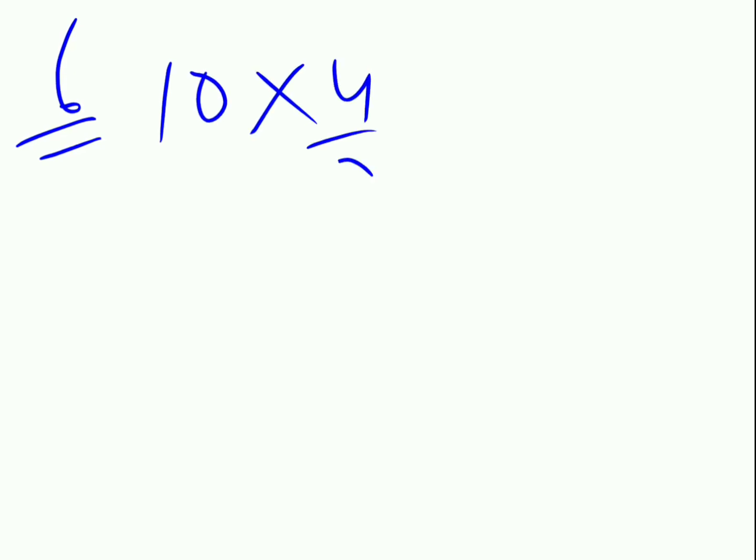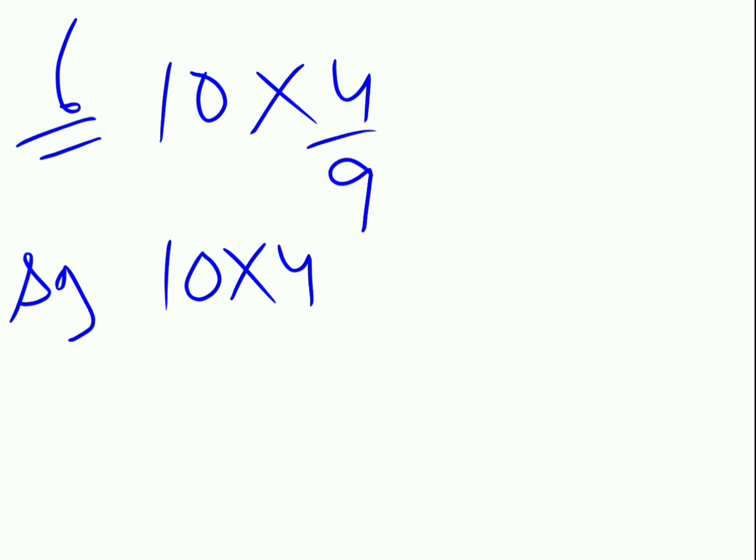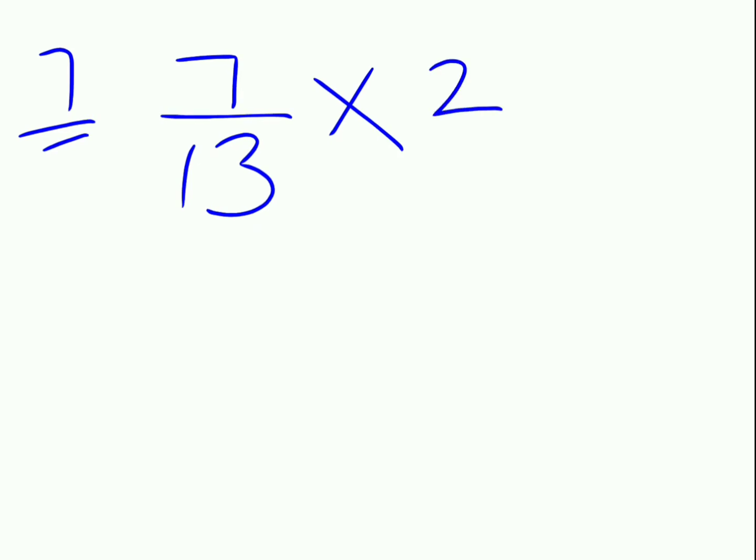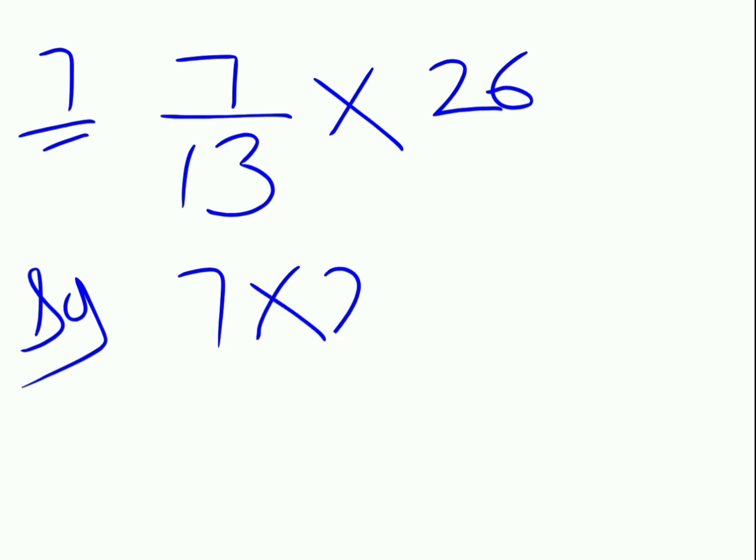Clear? Now we do the sixth part, that is 10 into 4 upon 9. Now the numerator you have to multiply with the whole number, meaning 10 into 4, and the denominator should be 9 only. So 10 4s are 40 upon 9. Clear? Now we do the seventh part. In the seventh part you will see that the number given is 7 upon 13 into 26. Clear? Now 7 you have to multiply by 26 and divide by 13.